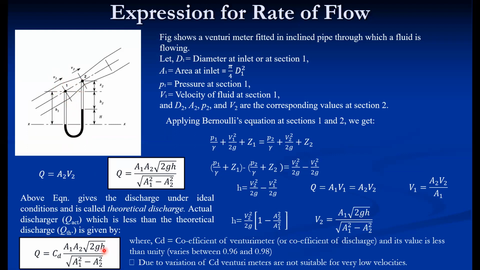If you substitute the h value, the others, A1 and A2, are the areas at sections 1 and 2 respectively. And the CD value in most venturimeter devices comes along with the device. During calibration, this is obtained, so this value is also known to us. So only by putting in the value of h, we can calculate the discharge. So this is as simple as it is. Without collecting the water, even in a closed loop, we can measure the discharge through the pipeline using this venturimeter. So this is one of the very important practical devices which is used for measuring the discharge through a pipeline.